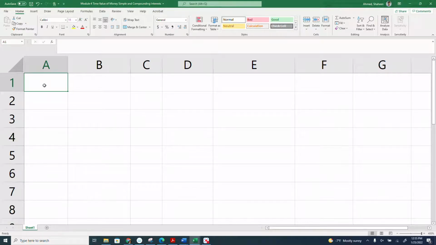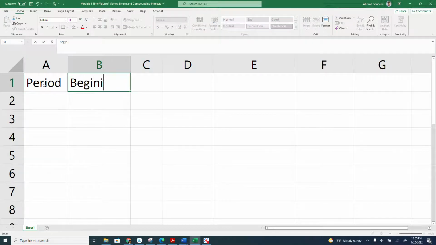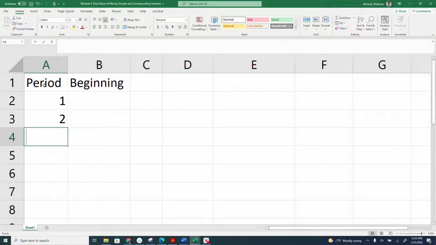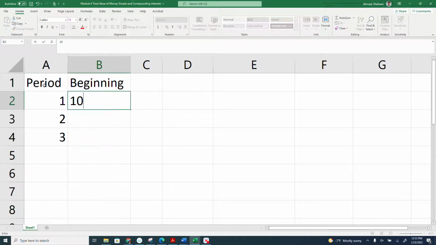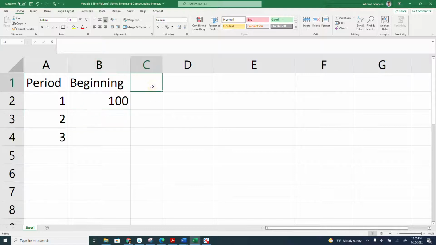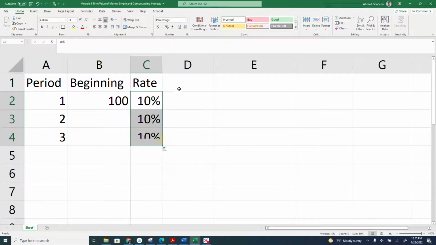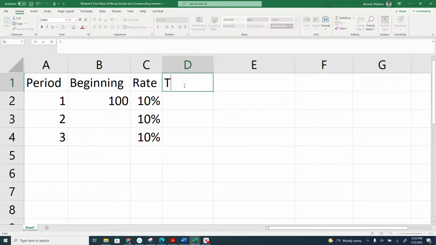Simple and compounding interest. Assume that you're going to borrow, say, $100, and keep that money for 3 years. And how much are you going to pay back? So you get a rate of, say, 10% interest rate. You're going to pay at a rate of 10% for all 3 years, and then the total interest for period